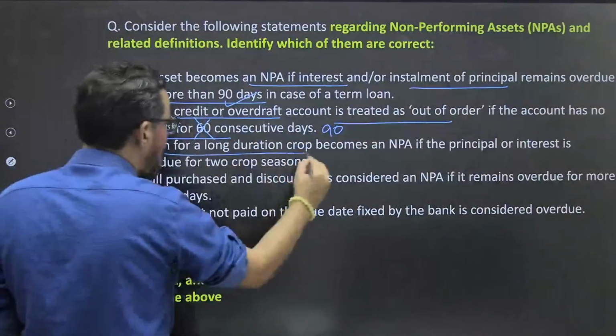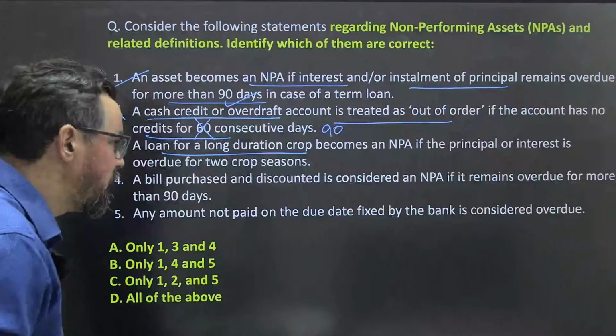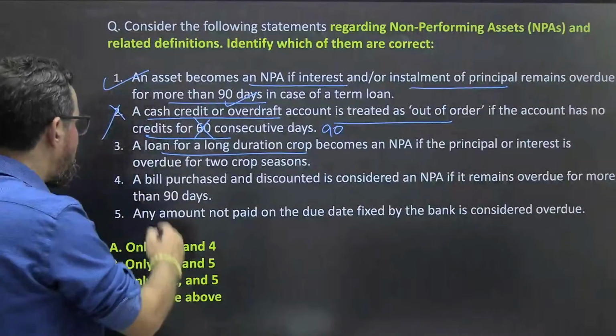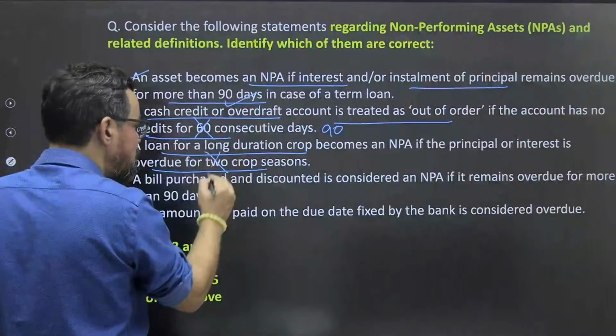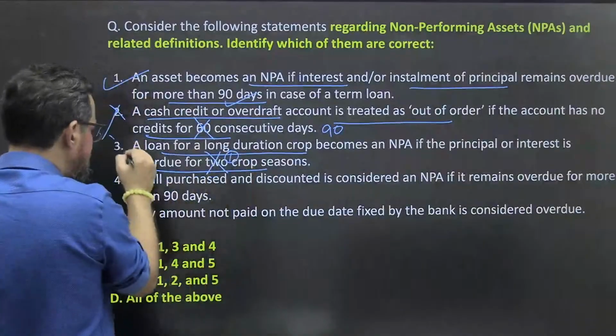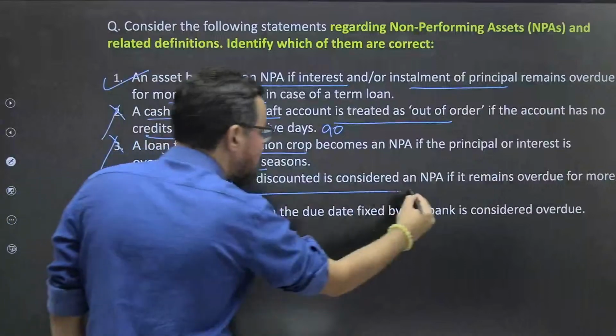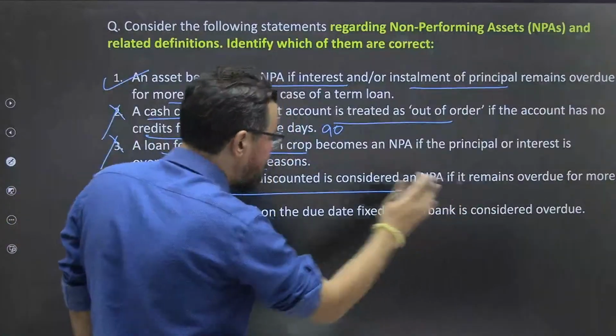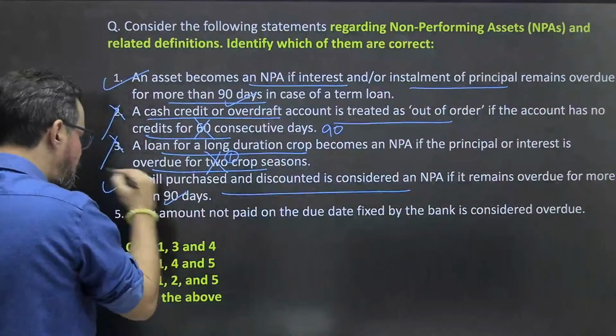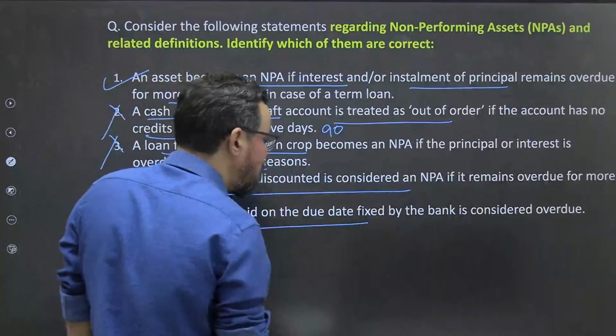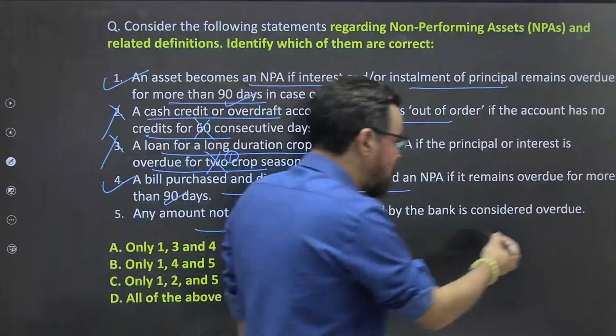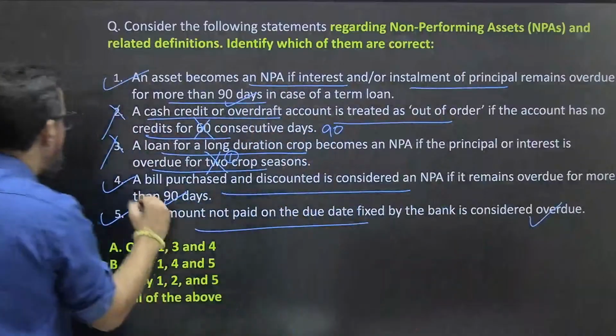A loan for long duration crop becomes NPA if the principal or interest are overdue for 2 crop seasons, no, it should be 1 crop season, this is also wrong. A bill purchased and discounted is considered NPA if it remains overdue for 90 days, true. Any amount not paid on the due date fixed by the bank is considered overdue, true, ठीक है। बहुत आसान क्वेश्चन था।